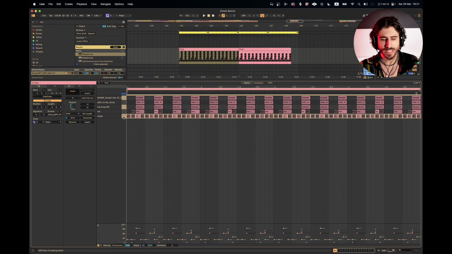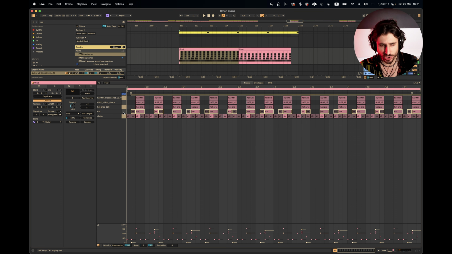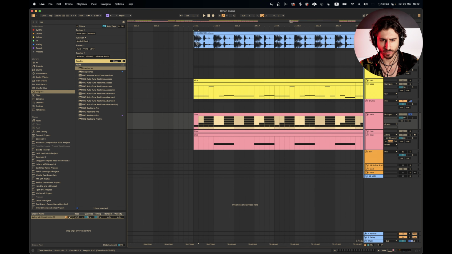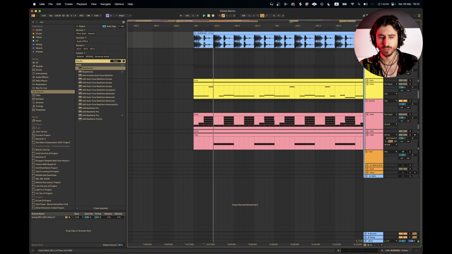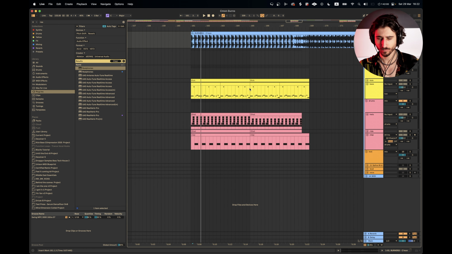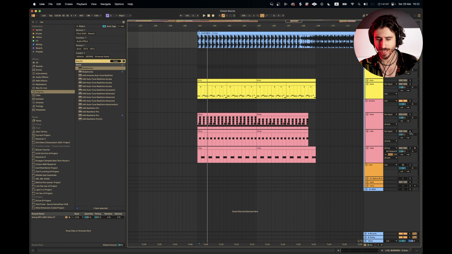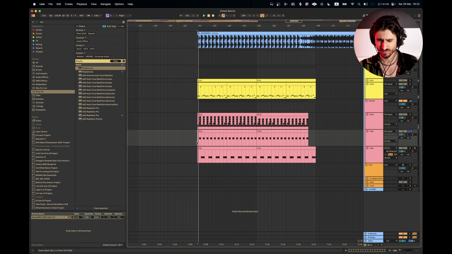So the shaker-like hi-hat and this, which is actually pretty similar to the reference. If you look here, it goes like this. And then they also had a ride, and that was pretty much it for the drum beat